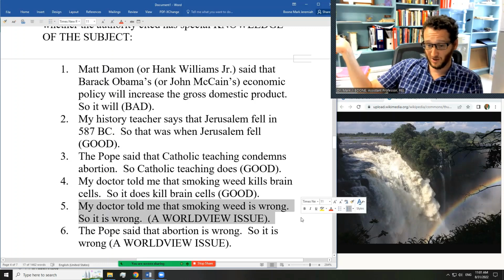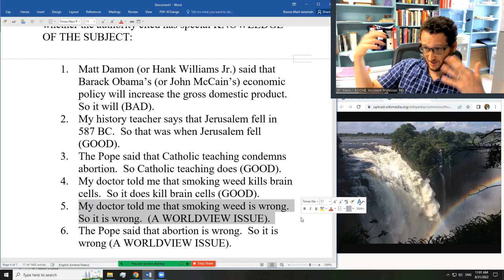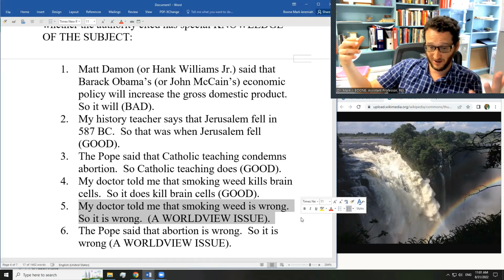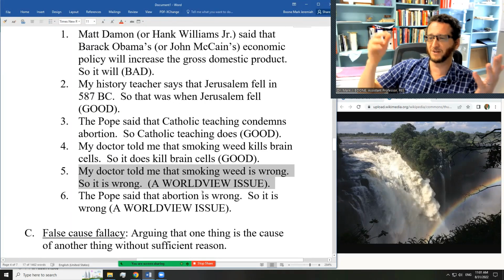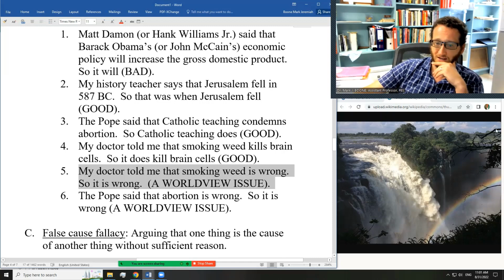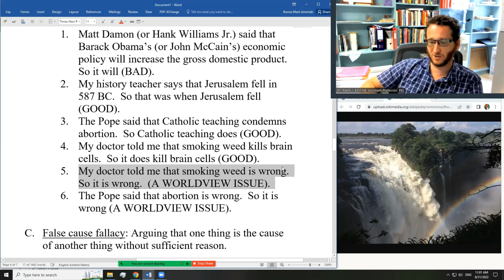A doctor tells you that smoking weed is wrong. Well, I think you have to ask whether doing something that kills brain cells is necessarily wrong, or whether a doctor has any expertise in morality. And if it's that smoking weed kills brain cells and killing brain cells is wrong, and the doctor just left out the premise that it's wrong, and should have spelled it out, then maybe it's a case where you need to do logic and find the unstated premise. It looks like an enthymeme. It's an argument with an unstated premise. Examine it accordingly. But if it's some worldview issue, whether doctors have any expertise in morality, well, on an Aristotelian